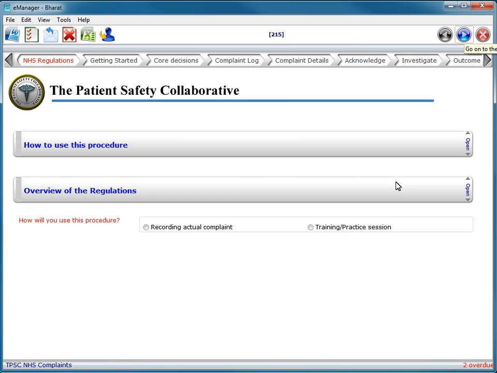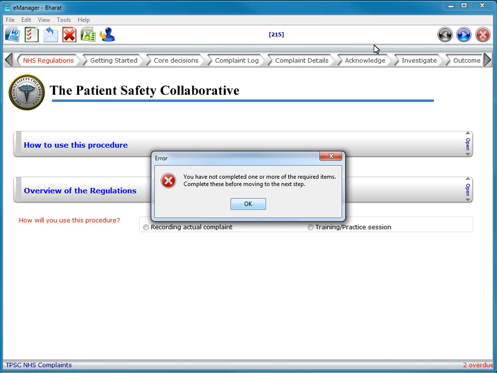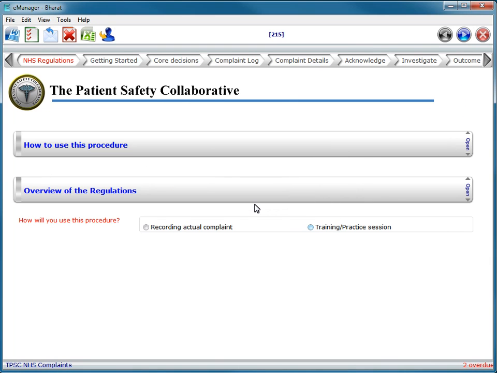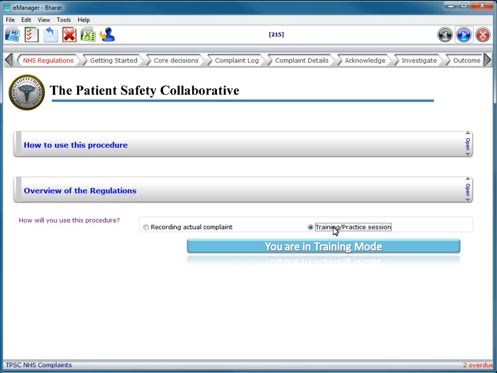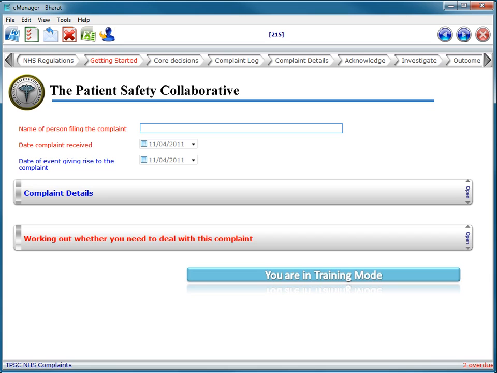Now when I want to move forward, these are the three buttons I need to know of. Try to move forward, and it doesn't let me because I haven't completed a mandatory question. As this is a training session, I can click on that. Now the software knows that this is actually a training session, and it will eliminate that from your reporting data later on. I go on to the next button, and I'm now ready to start filling out a